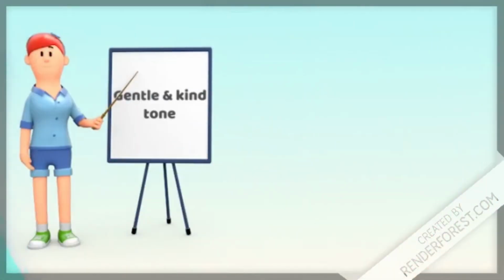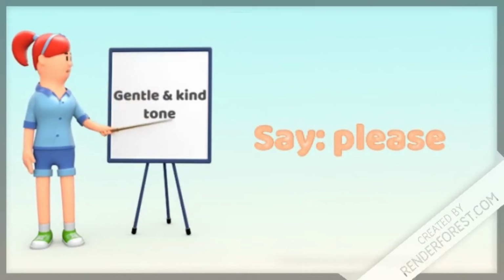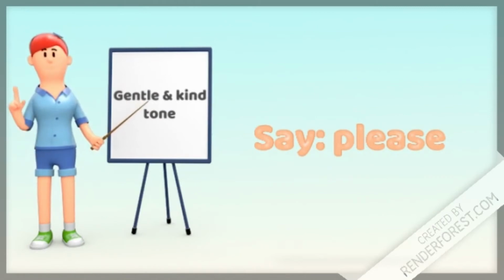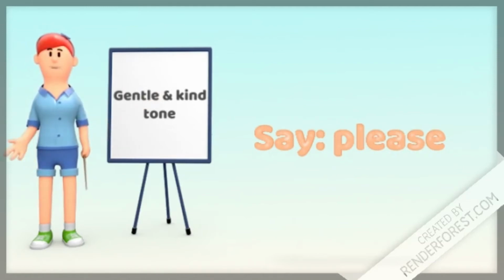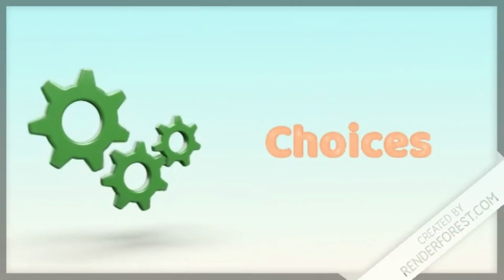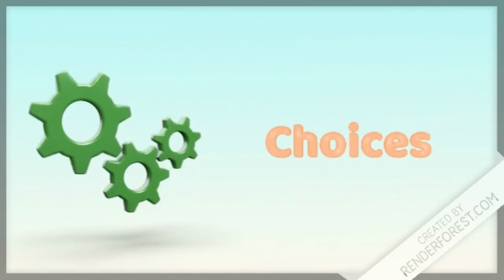Second, you want to use a gentle, kind tone of voice, and you must ensure that your expressions reflect this too. The third point kind of intertwines with the second point, which is say, please. This will help when you are using a kind and gentle tone of voice. It's also great for teaching children manners at the same time. They will learn that please is added to a request. Fourth, give your child a choice. If you want to instill the habit of tidying up, ask them if they want you to help them or to show them how. For very difficult behaviors, it helps to show children how to do a particular behavior.